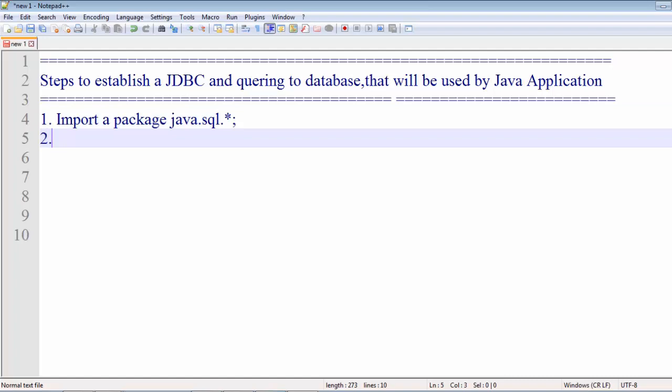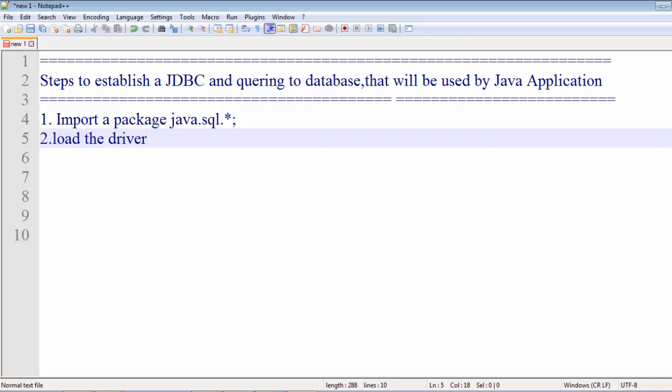Next, we have to load the driver. We have to load and register the driver so that it is available in our program. This driver must be loaded into our program's memory so that it can be used for communication purposes.